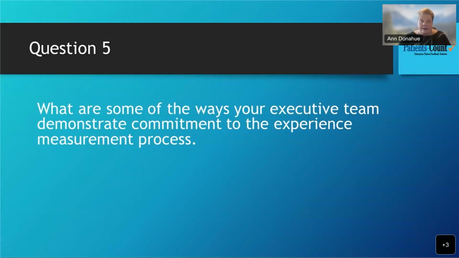In my situation, I require our executive teams at the hospitals to, or at the hospitals. I don't work in hospitals anymore, do I? That's been a long time ago. At our resorts, I have our executive teams meet with their key people, their operations committees, every single week and review all of the reports, all of the feedback they have received, and talk about how they're going to address those.